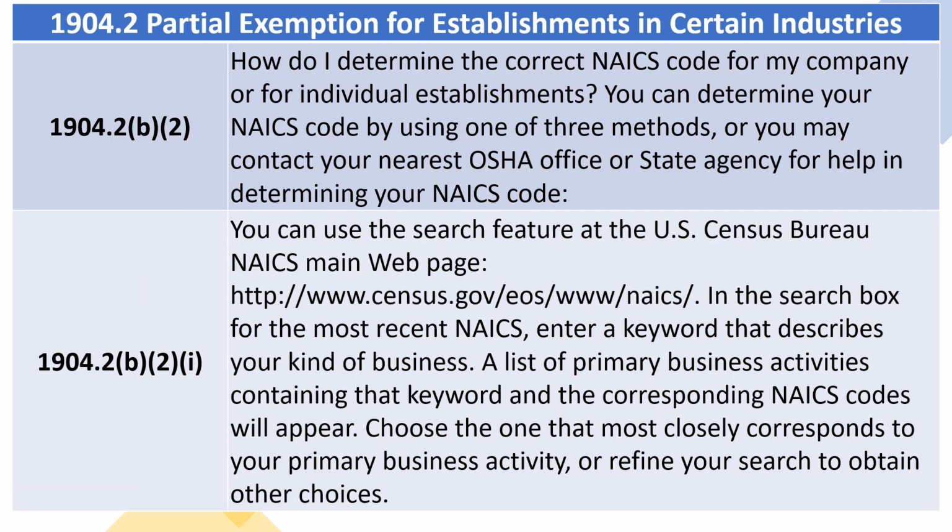1904.2 B.2. How do I determine the correct NAICS code for my company or for individual establishments? You can determine your NAICS code by using one of three methods, or you may contact your nearest OSHA office or state agency for help in determining your NAICS code. 1904.2 B.2.i through B.2.iii. You can use the search feature at the U.S. Census Bureau NAICS main webpage,